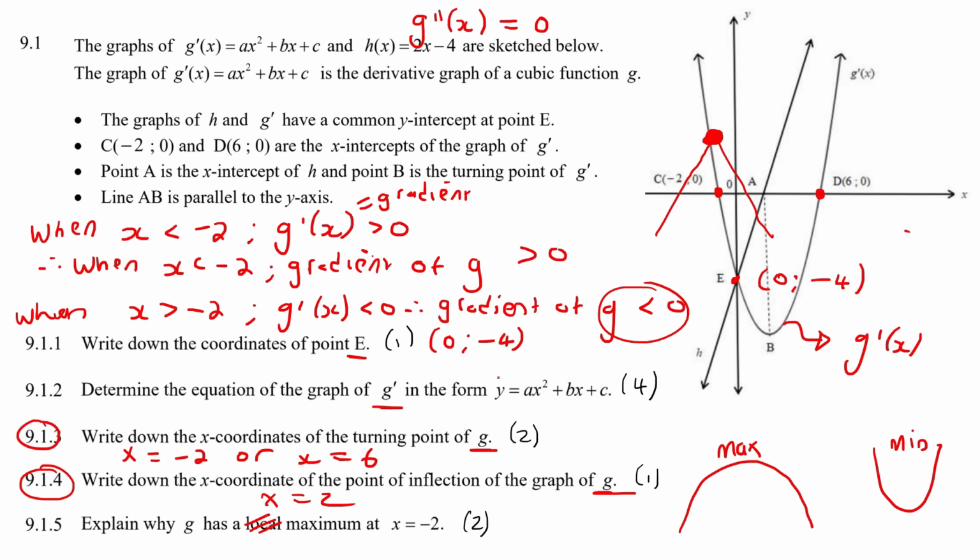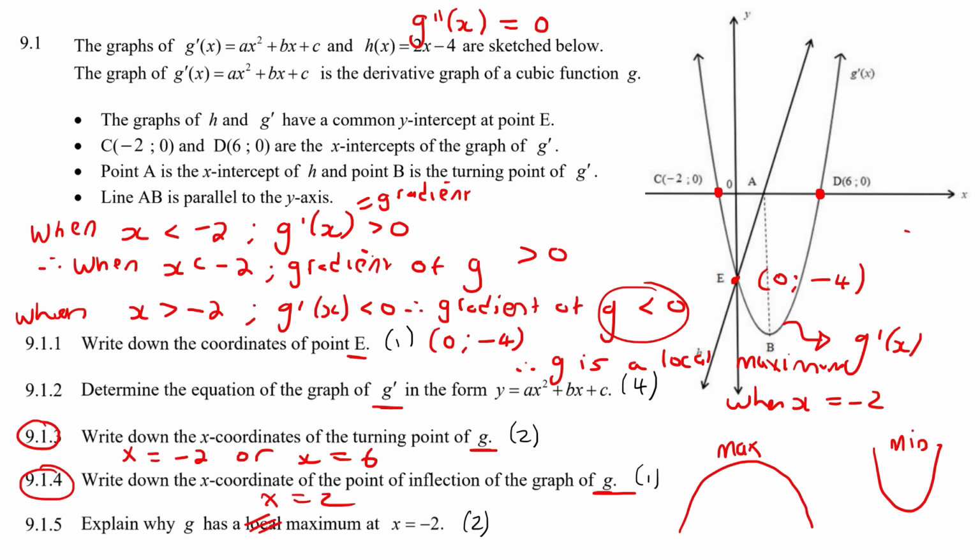And so, therefore, g is a local maximum when x is -2. If you wanted to understand this a bit further, so that's the end of that question, but for those of you that are more interested, if you look at this part over here, we would see